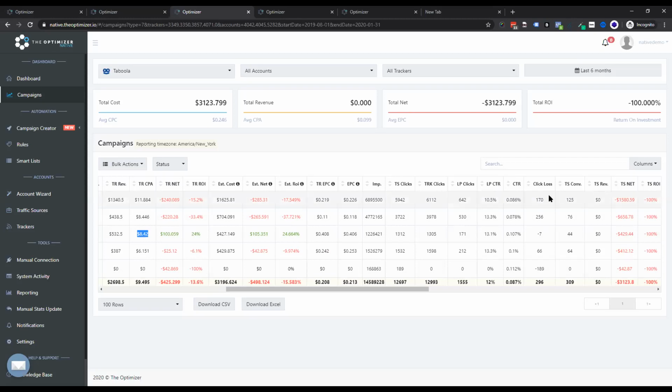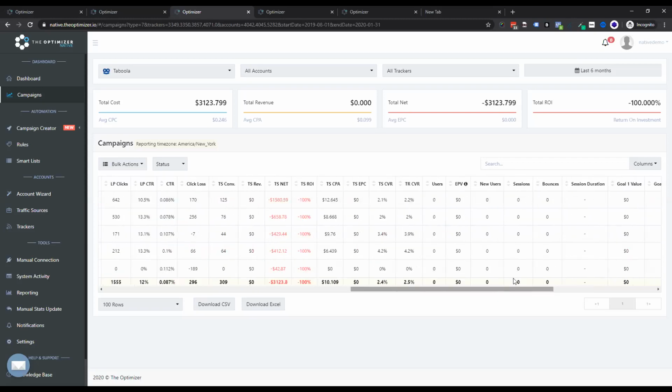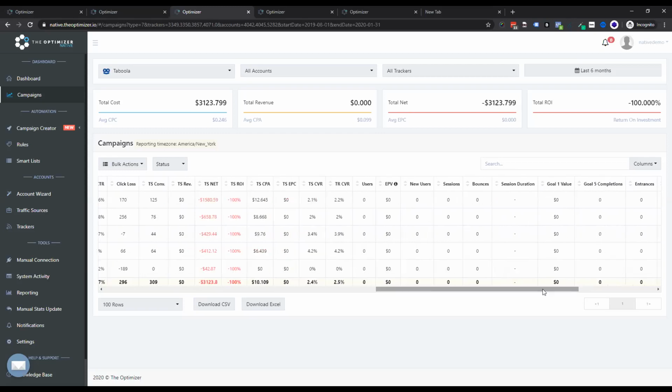And here, for example, if we're checking the click loss column, it will show the difference of the clicks from the traffic source to the tracker clicks. So if you're using Google Analytics, at the same time, you will be able to get statistics from Google Analytics. And as I mentioned earlier, if you're using Google Analytics along with one of our supported click trackers, you may have all data combined in one place. So you may be able to see the bounce rate, the time on page or session duration, or the total users or new users versus existing users,